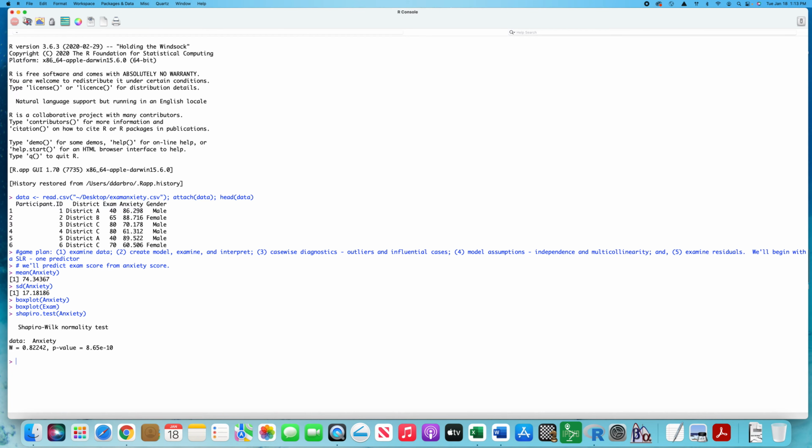So again, I am expecting that we're going to have some major issues with this model. So first thing I think I'd want to do, and I'm just going to refer to this as model, is run it, predict exam from anxiety with data equal data,